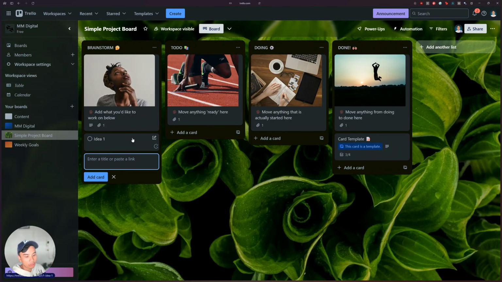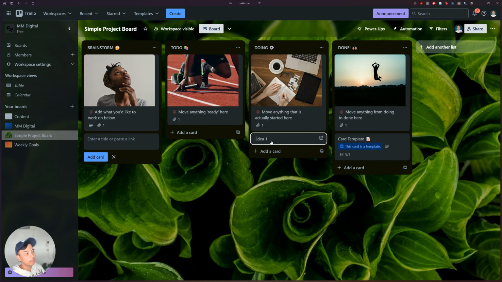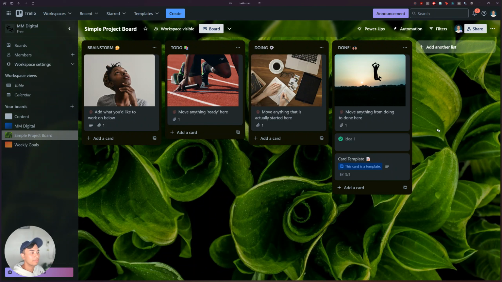Then after that, when you start doing it, or you start planning to do it, just move it over to the do. So you can have like 100 brainstorm ideas. Then every week, select the 5 most important tasks, move them over to do. And then once you're actually doing it, just move it over to doing. Then after that, just go to done. Then mark it as complete. It's as simple as that, right? It's a super simple addition to your workflow. If you have not yet been using boards, you should definitely give it a try.